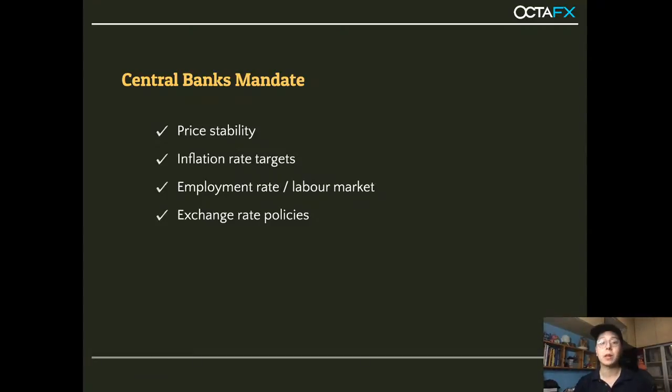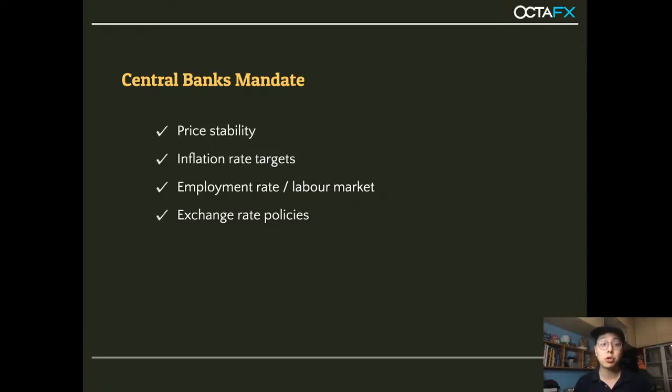So you might think that, oh, then inflation is bad, it's not good. Not true. For the entire economy to grow, you need to have inflation. But at the same time, you of course cannot have too high an inflation rate, because then that will become hyperinflation. So you need to balance it. Imagine now you put yourself in the role of a central bank, and you need to ensure that this inflation is healthy.